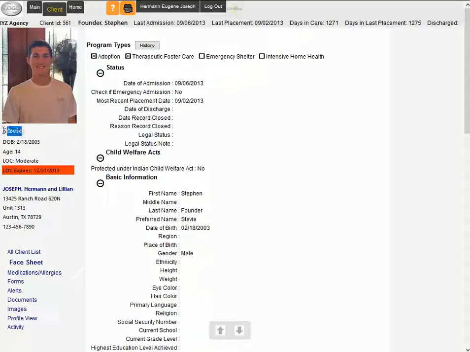We're showing the preferred name because we have a preferred name that has been filled in here. We show the child's age because we have a date of birth. We show the level of care and when that level of care expires, if it does so. Here is the home that this child is placed in, and once again, on this face sheet, we do not